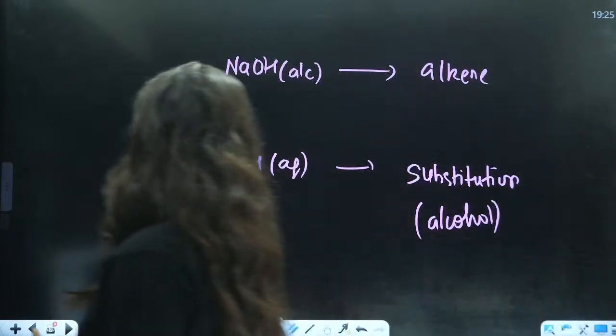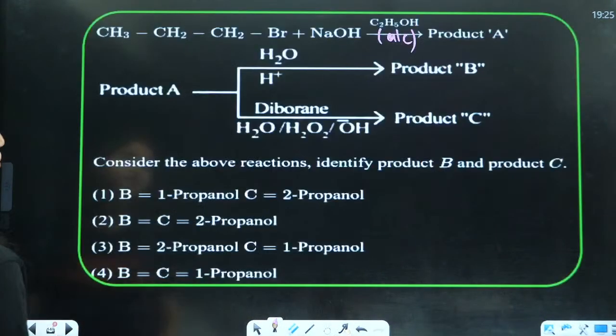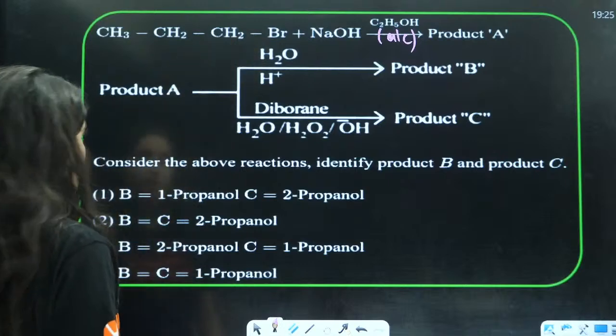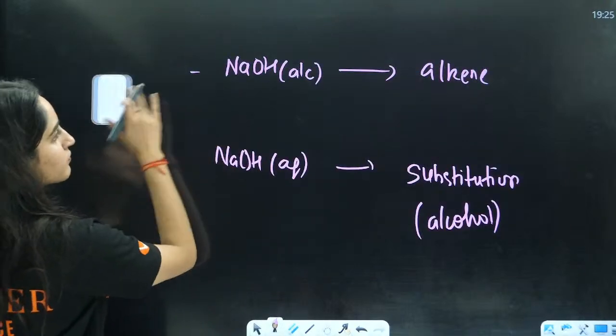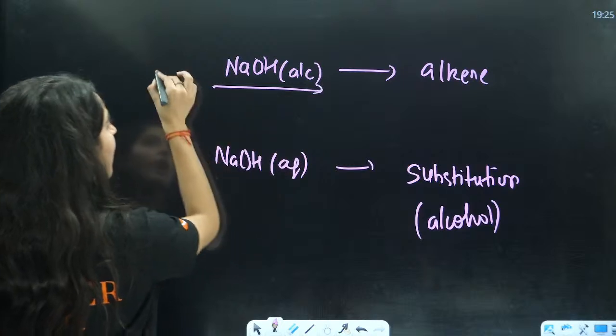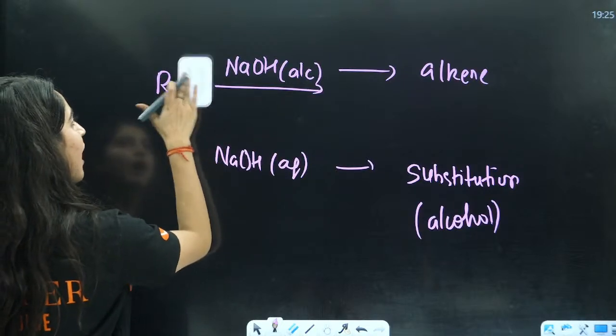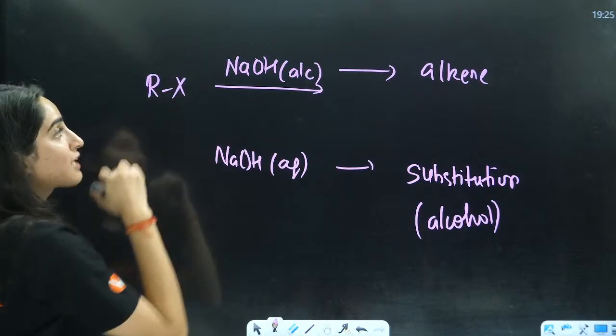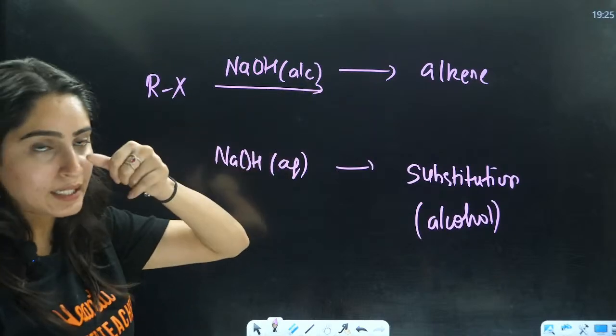So in both the cases you have Br, right? When you have RBr or RX, the alkyl halide is converted to alkene,